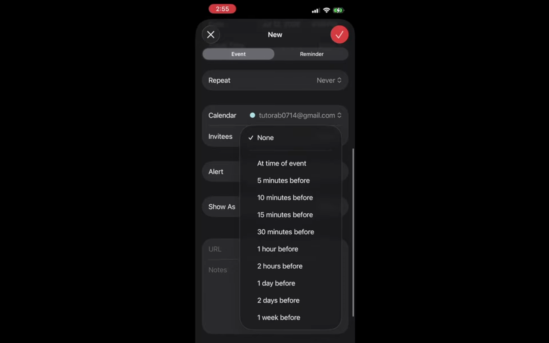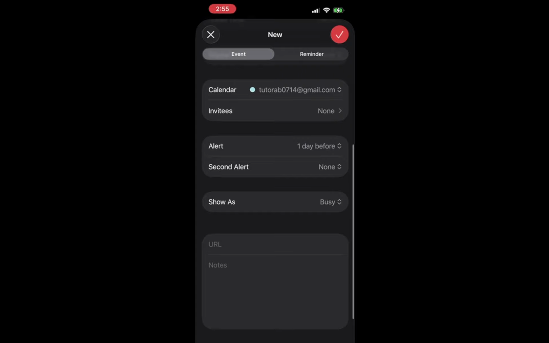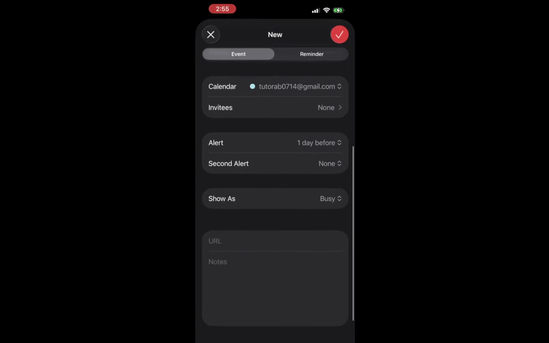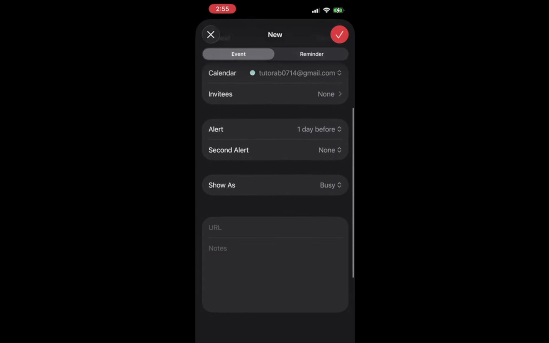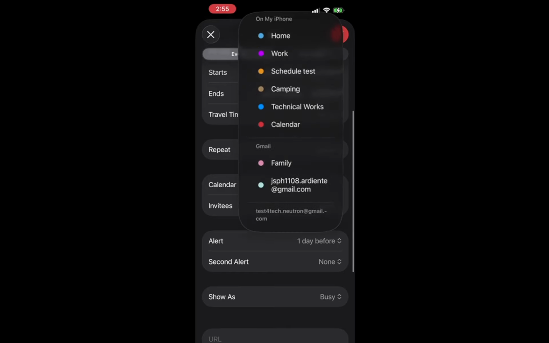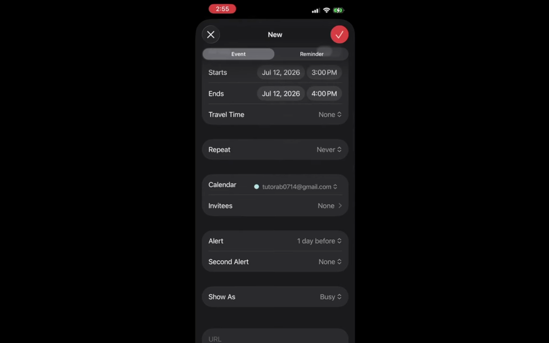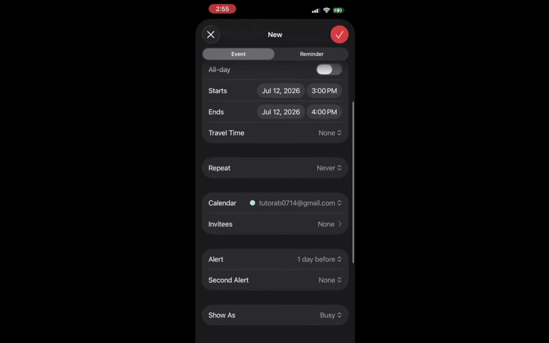Next, select the calendar where you want to save the event if needed. If you have multiple calendars set up, like personal, work, or family, you can choose the one that fits best. Tap on the calendar option and select the appropriate one from the list. This organization keeps your life streamlined and helps you avoid confusion later on. You will notice a sense of clarity in your scheduling as you categorize your events properly.